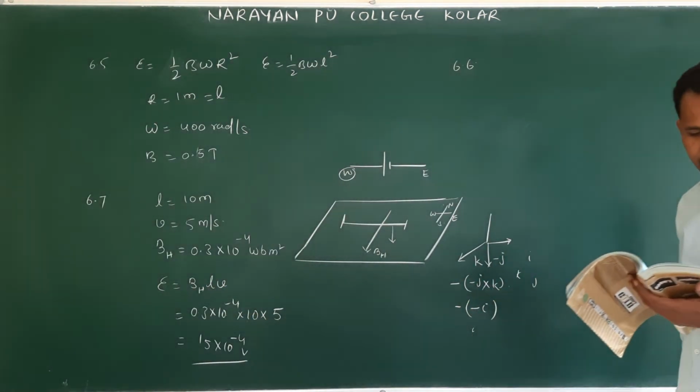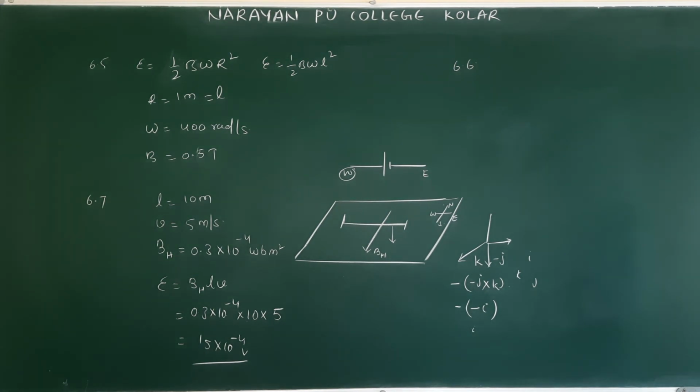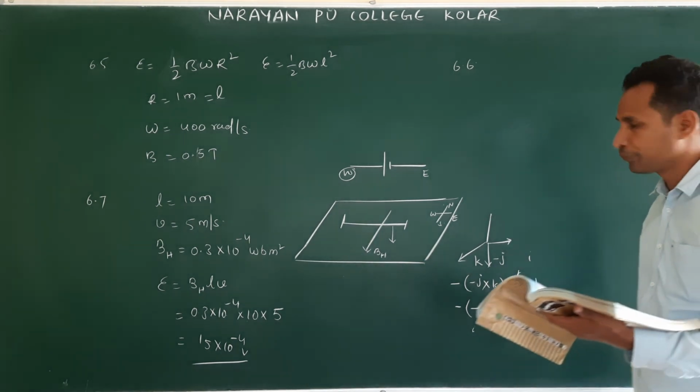A rectangular coil of radius 8 cm and 20 turns is rotated about the vertical diameter with an angular speed of 50 radian per second in a uniform horizontal magnetic field of 3 into 10 power minus 2 Tesla. Obtain the maximum and average EMF induced in the coil. If the coil forms a closed loop of resistance 10 ohm, calculate the maximum value of current in the coil. Calculate the average power loss due to Joule heating. Where does the power come from?